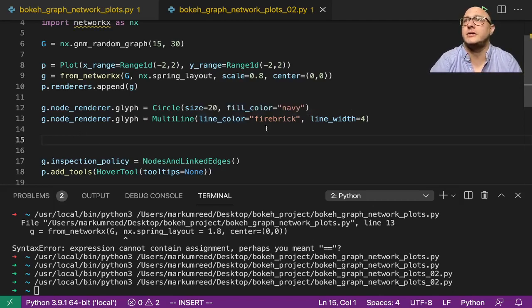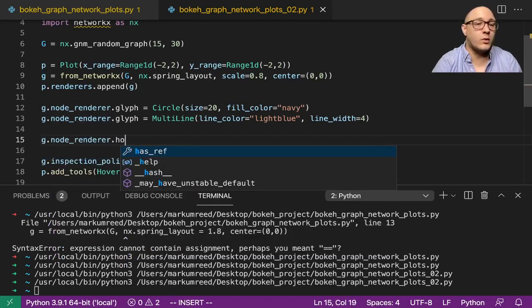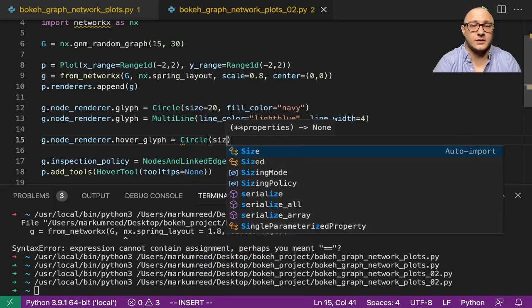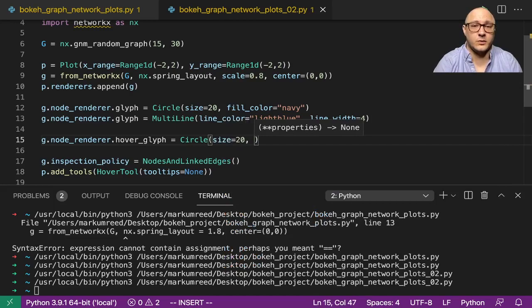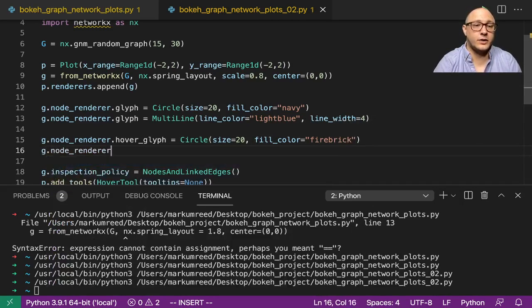And you know what? I want to change this fire brick to something like light blue, so then we'll actually see a pretty big differentiation between our graph. So graph.node_renderer, we want the hover_glyph in here, and again it's going to be a circle. Size is going to be 20, and the fill color is going to be our fire brick. And then g.node_renderer.hover_glyph